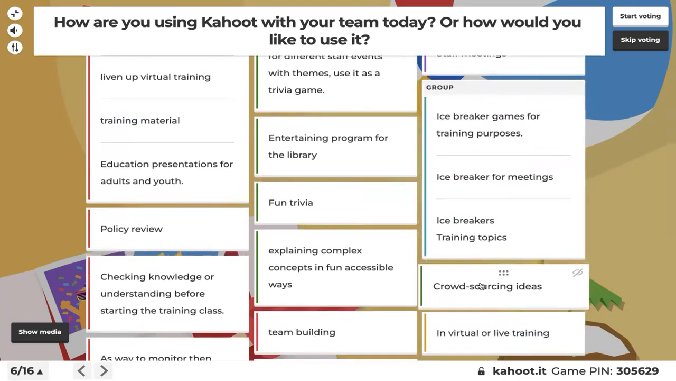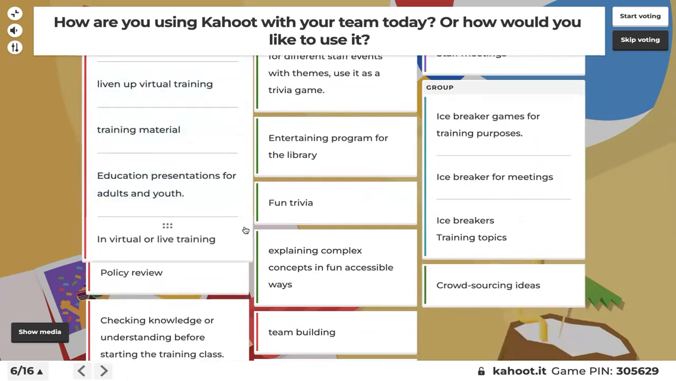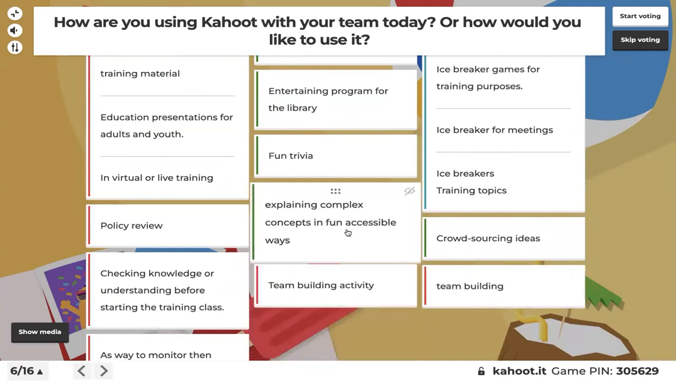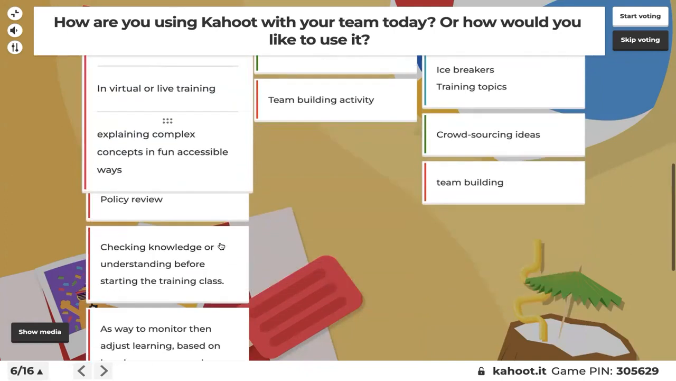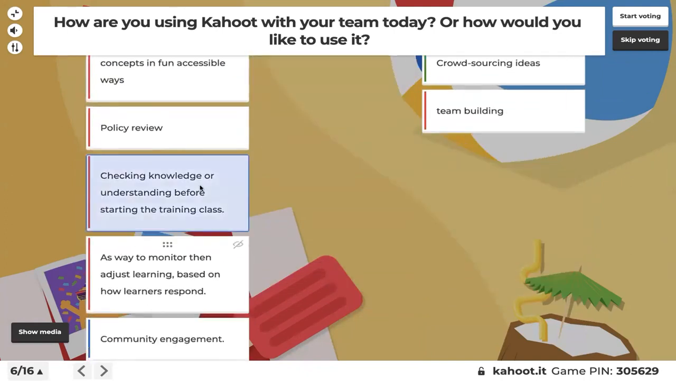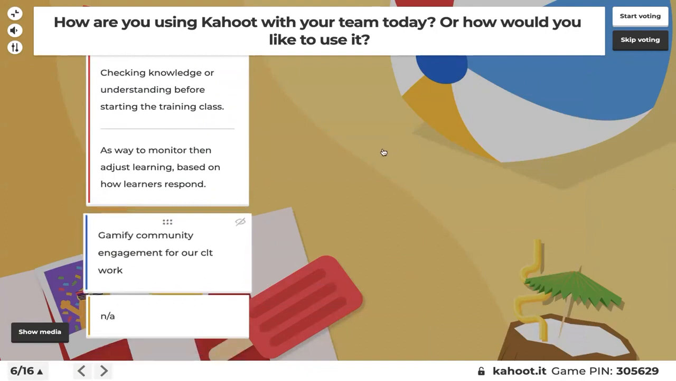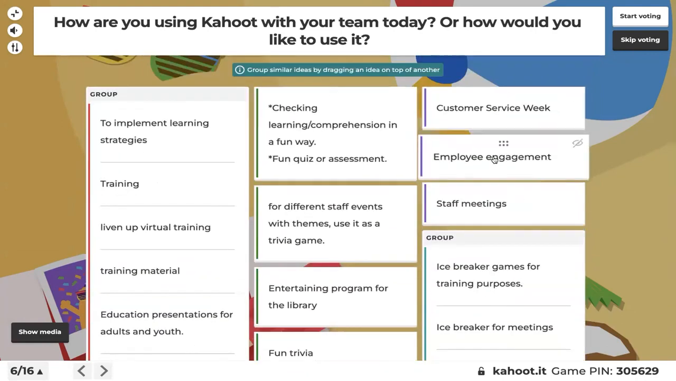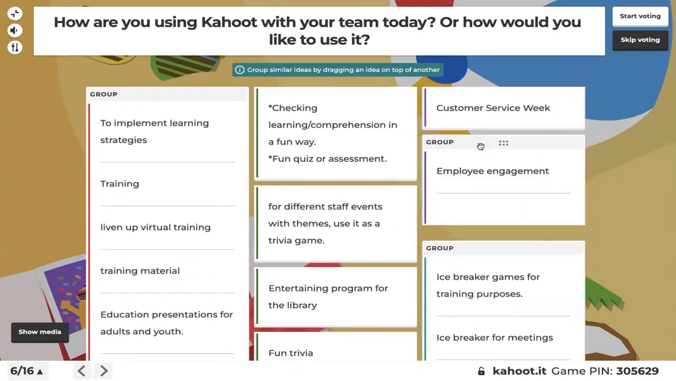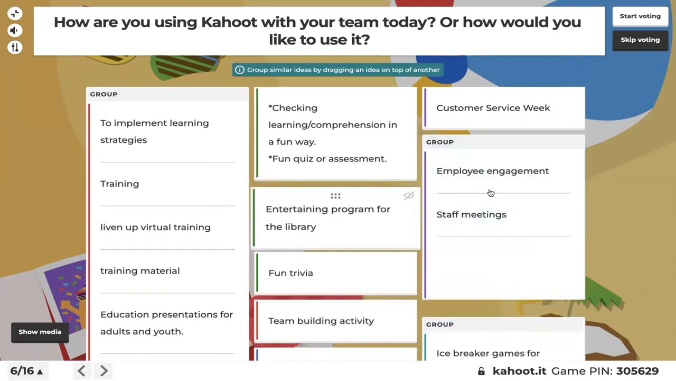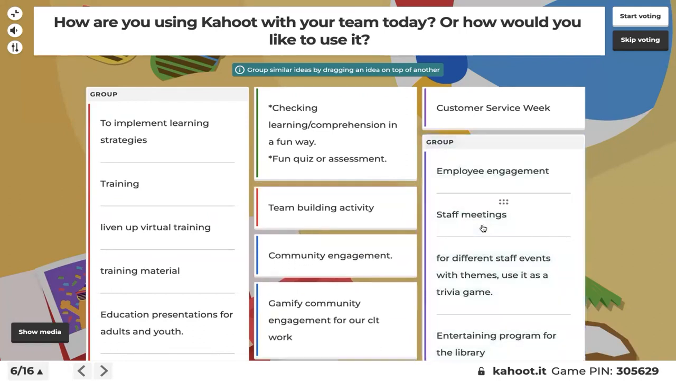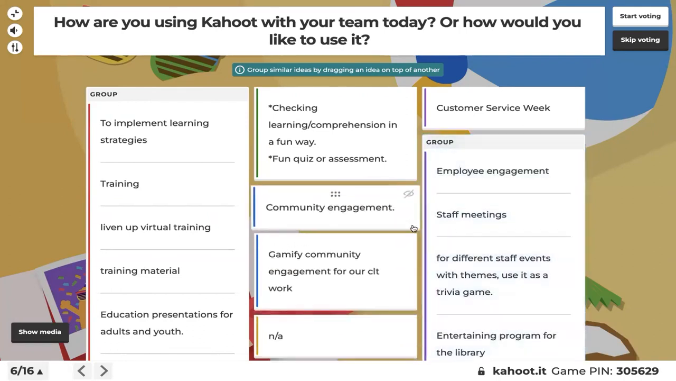Crowdsourcing ideas, so this is exactly how you would crowdsource ideas. Brainstorm is the perfect application for that. I'm going to put team building together, explaining complex concepts in a fun, accessible way. That makes a lot of sense. Checking knowledge, monitor learning, gamifying community engagement, and okay, so let's see, we'll put these together, meetings, different staff events, I'll put that in meetings, entertaining program for the library, I'll put that in meetings, I'll put fun trivia in meetings, team building is also kind of a meeting,